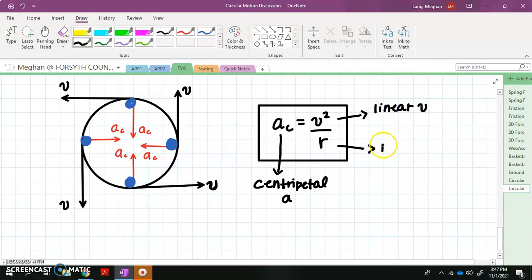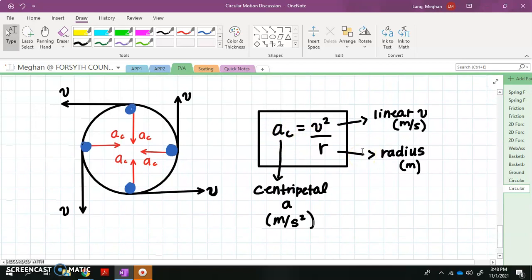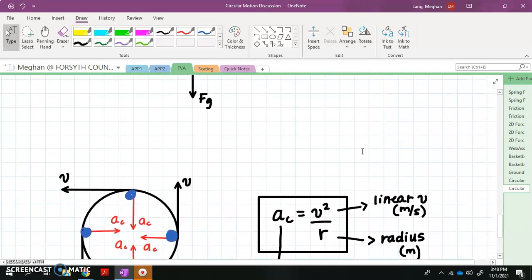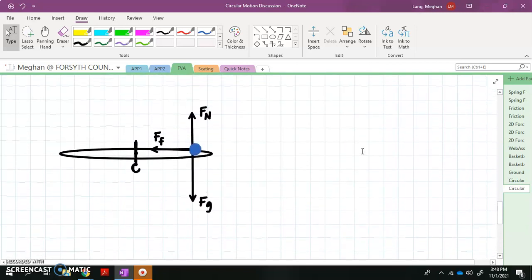So we have our centripetal acceleration, which is an acceleration that is changing this linear velocity, this velocity that's tangent to the circle. So this centripetal acceleration is a linear acceleration. It's changing a linear velocity, okay? And the only job of this centripetal acceleration is to change the direction. It is not going to make the object speed up or slow down. So where it comes into play then is when I go to sum my forces